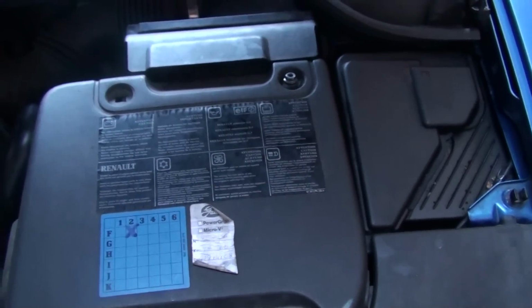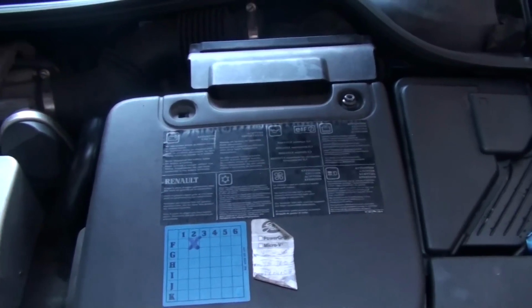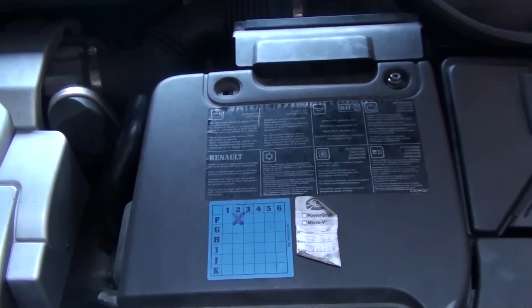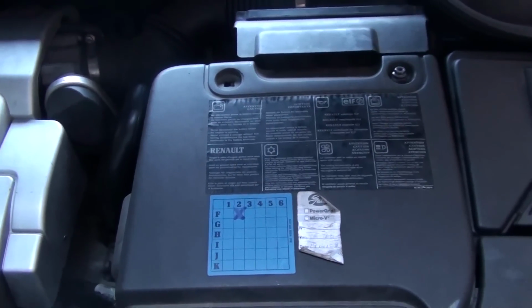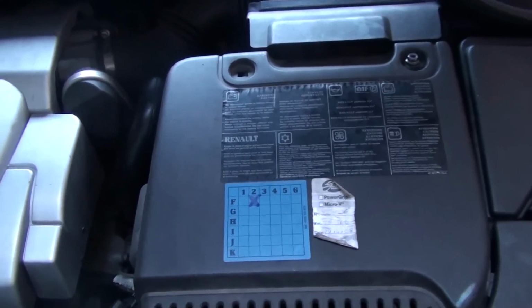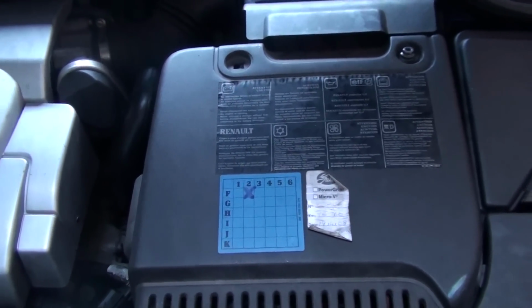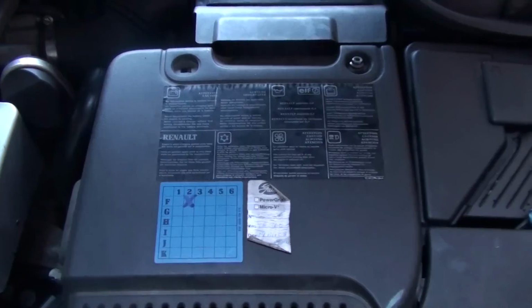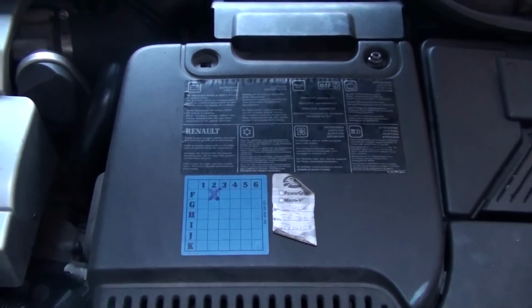under the bonnet. They also said to take out the fuse box, dry it all out, wipe it all clean, get the circuit board out of the fuse box and wipe that down, and it should work. So I've just done it now. I didn't video it while I was doing it in case it didn't work, but it has, so I'll explain